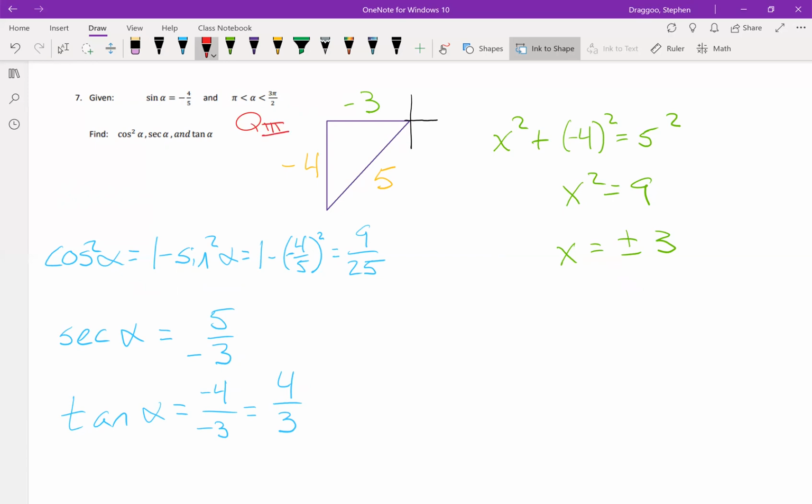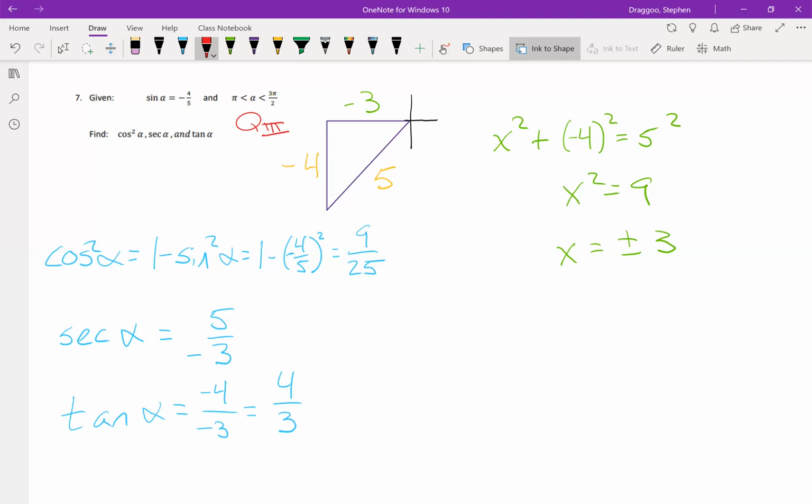So I drew my reference triangle in quadrant 3. I had the sine of alpha was -4 over 5, so my opposite side will be -4, while my hypotenuse is 5. Because again, my hypotenuse will always be a positive number. So anytime I have a negative in the given information, I'm going to need to put that negative on one